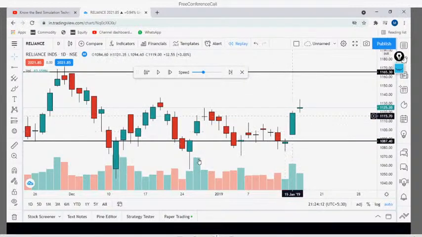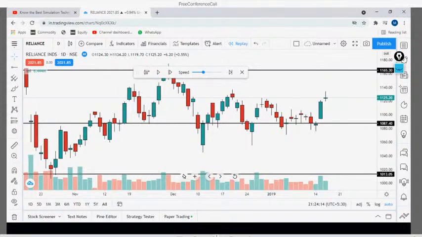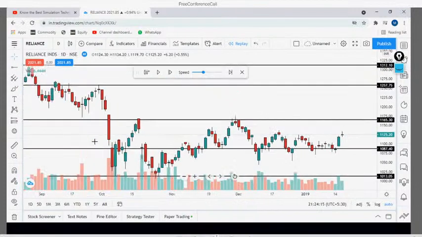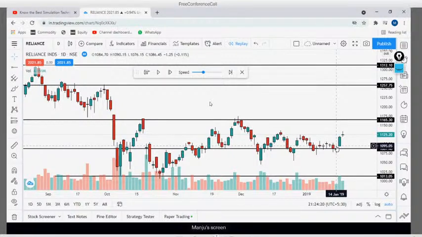So do you see how this previous support area is valid for testing? The price is still valid and it is still acting as a support, and it is trying to go upside. Let me play and we'll see what it does going forward. You can see now it formed a red candle. See, it gave a breakout, and if you enter at this support level, your first target would have been hit, close to 100 points. After that it gave a breakout and it went upside.